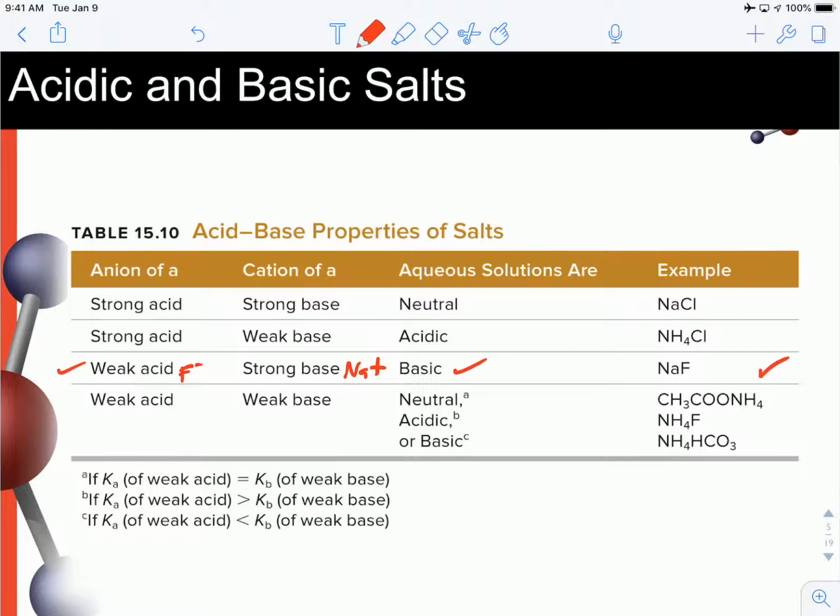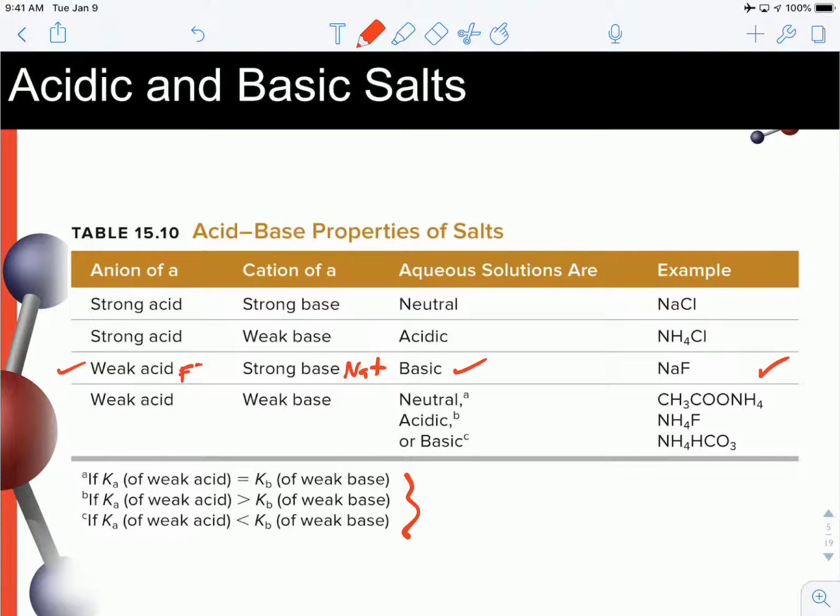If it were a weak base, that cation, then effectively it really will depend on the individual Kas. And that's what this is showing you down here of the acids and bases. Now, let's take the reverse scenario. A strong acid,